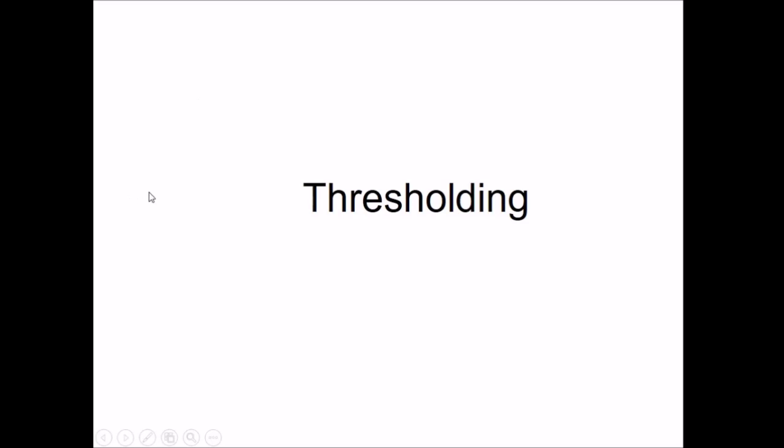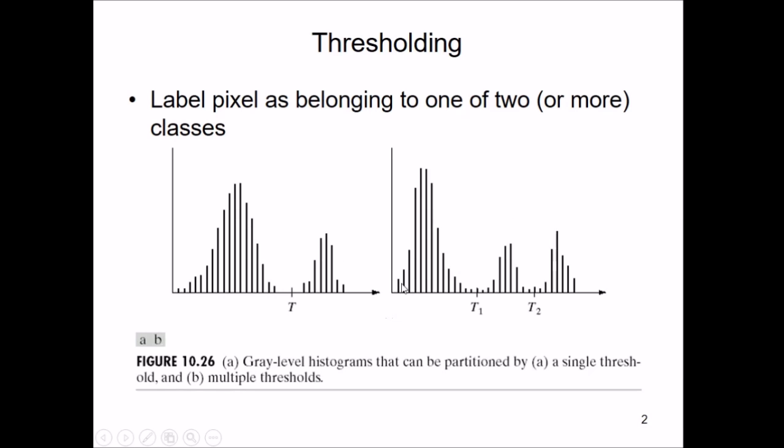Now let us talk about thresholding. Thresholding is labeling pixels as belonging to one, two, or more classes. In this case, you can have some threshold T, and in this case you can have two thresholds, T1 and T2, and all those which belong to one class, the other class. For this particular case, there may be three classes. So this is showing a gray level histogram that can be partitioned by a single threshold, and by multiple thresholds